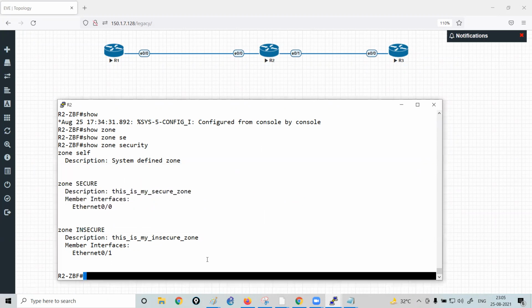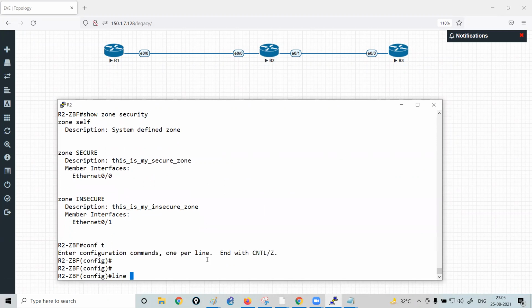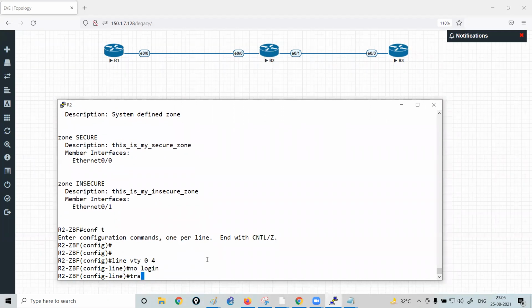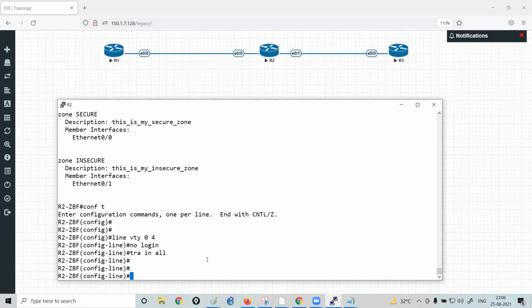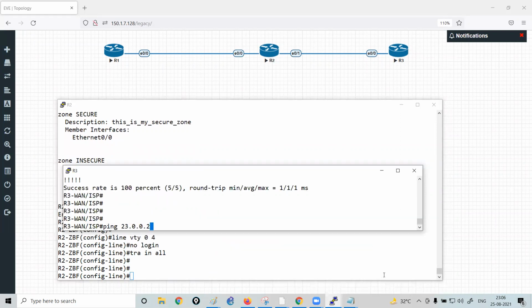Also, let me configure telnet on the zone-based firewall. Line vty 0 24, no login, transport input all. Move to router R3 and telnet 23.0.0.2. You are able to take the telnet.